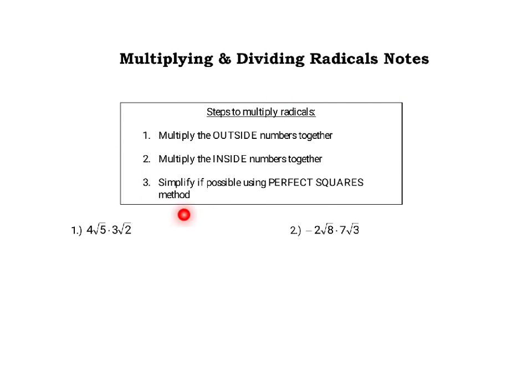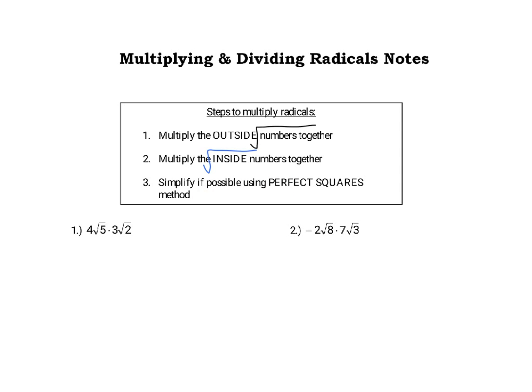So here are some basic steps to multiplying. First, you multiply the outside numbers together. Second, you then multiply the inside numbers together. Now, when I say inside, I mean under the radical. When I say outside, I mean on the outside of the radical. And then after you do those two things, you simplify it if possible using the perfect squares method or really